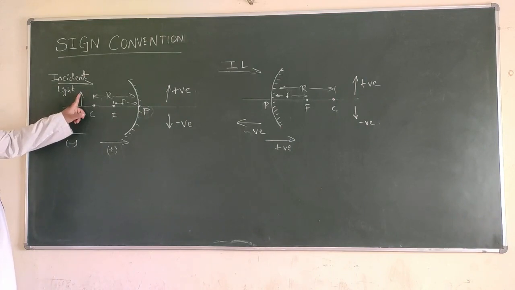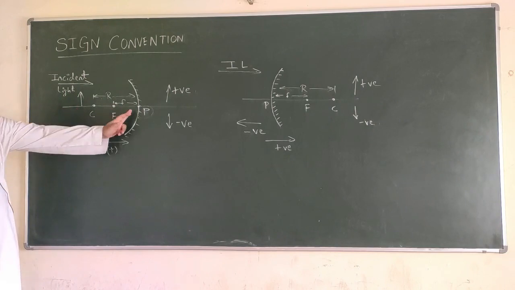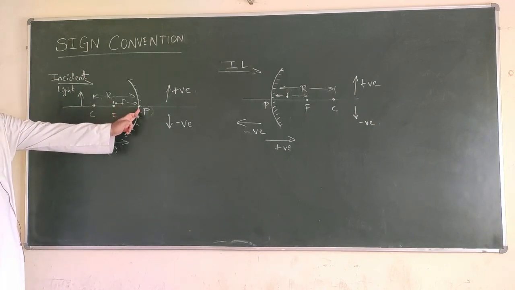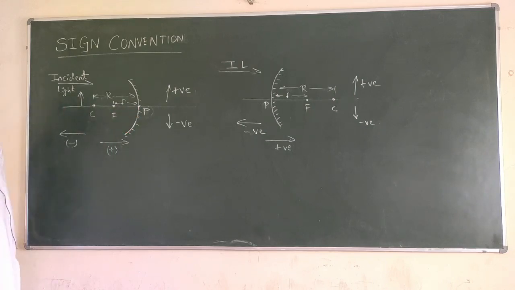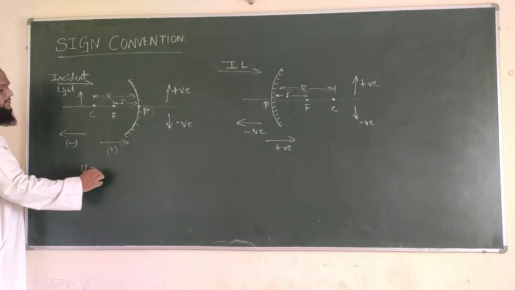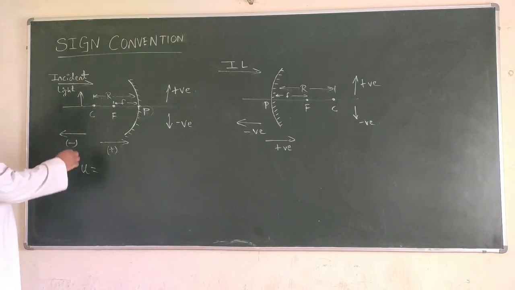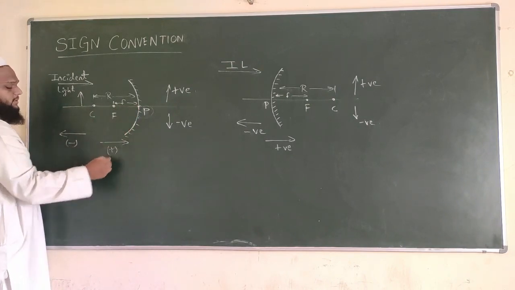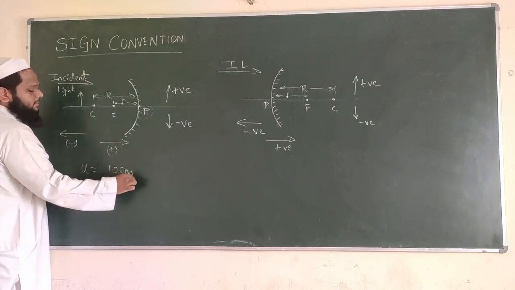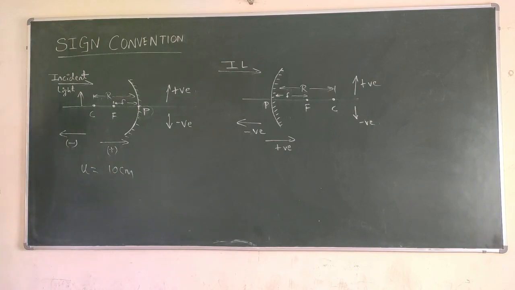I have put it here. So, what will be the distance of that particular object? Say from here to here it is 10 centimeter. From this object to P is 10 centimeter. So, what is the distance of the object? The distance of the object is basically given as u, that you will learn in the future classes. For now, from here to here you consider that to be u. Will I just write 10 centimeter? Positive or negative? So how will I write?